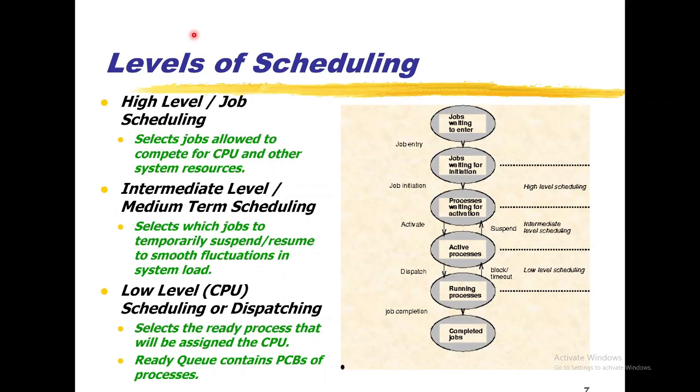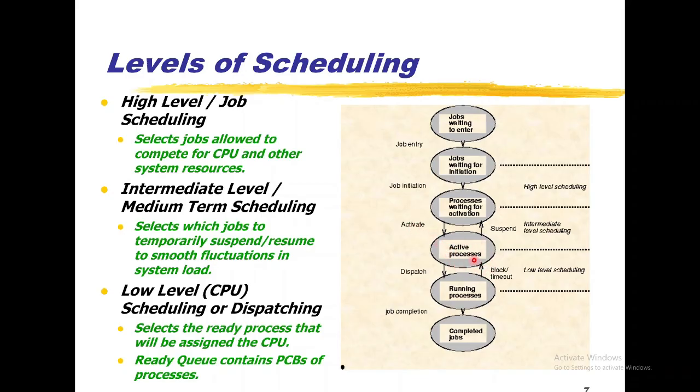Now let's look at the levels of scheduling. Here is the process we use to get a job running. In this diagram, we have jobs waiting to enter. When the job enters, it is waiting for initiation. While it is waiting for initiation, we see it as high-level scheduling. When the process is waiting for activation, we then activate that process. That means it starts